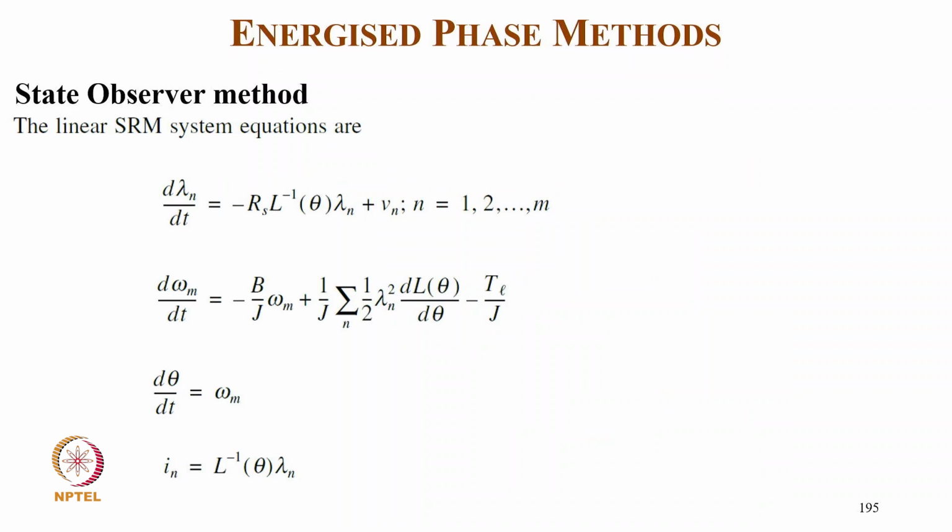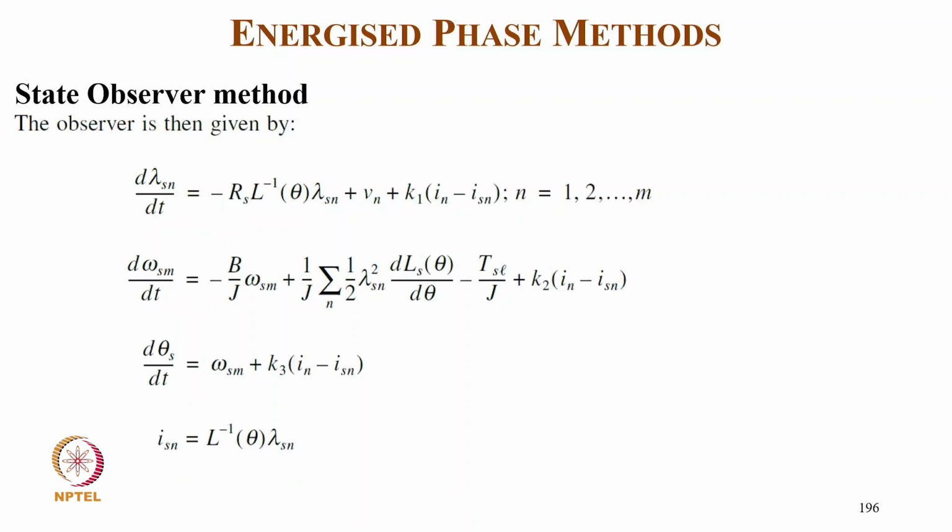So coming to the state observer method, the linear SRM system equation is d lambda n upon dt equal to minus Rs L inverse of theta and lambda n plus Vn, for n equal to 1 to m, and d omega m upon dt equal to minus b upon j omega m plus 1 upon j summation n equal to 1 to m of half lambda n square dL upon d theta minus TL upon j, where d theta upon dt is omega m, and in is the L inverse function of theta with lambda n, and the observer is then given as d lambda sn upon dt equal